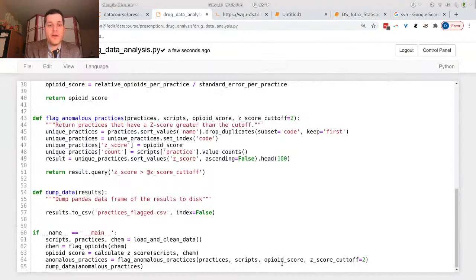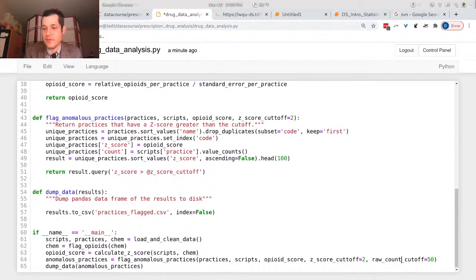So let's go back here to our file. And we're going to give a criteria. We have a z-score cutoff, and we can define a raw count cutoff as well. Raw count cutoff. Say 50 by default. Then here we just update our script. Raw count cutoff. And we can say